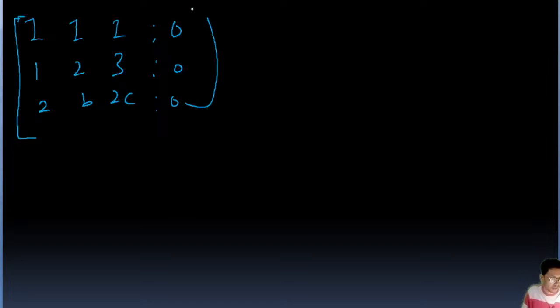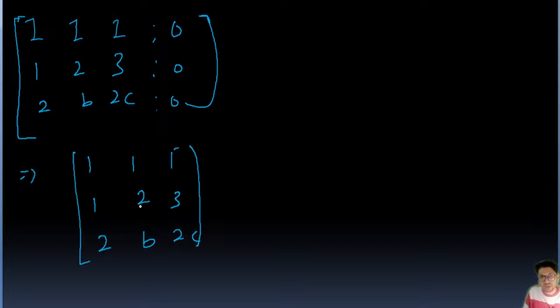Like this we can write, okay. So now for this, the matrix is 1 1 1, 1 2 3 and 1 2b 2c, right? So this is the one, and we know if rank is